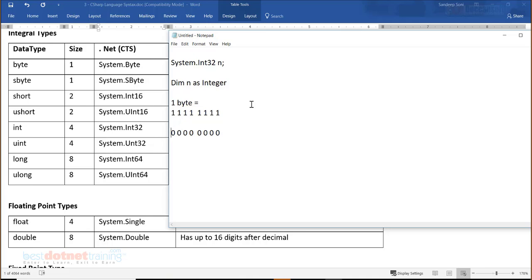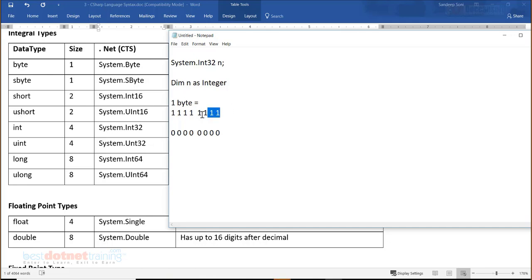Now, here comes a small point to be noted. We have two data types, byte and sbyte. Basically this is unsigned and this is signed. Negative values are allowed here. Negative values are not allowed here. Then we have short and ushort. Short allows negative, unsigned short does not allow negative. So that's how they are different.